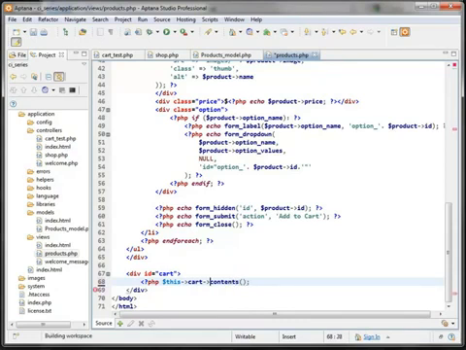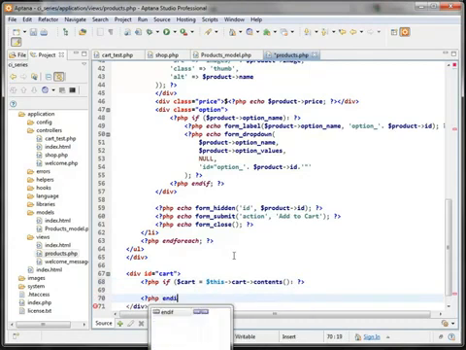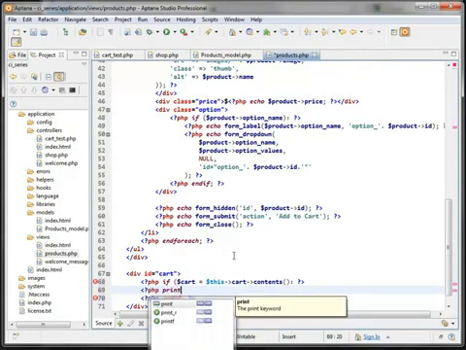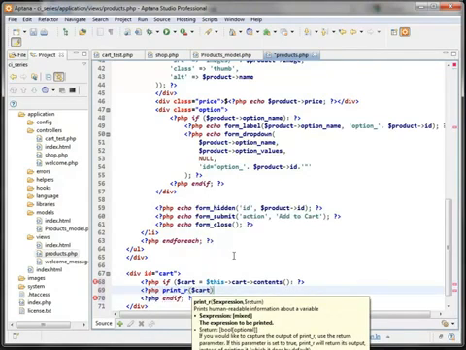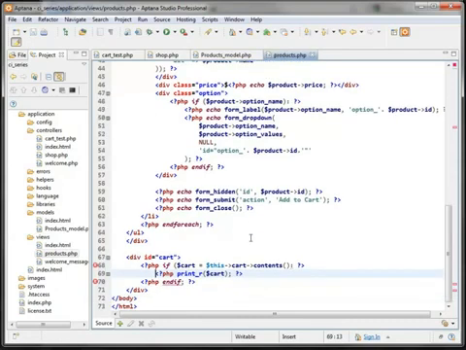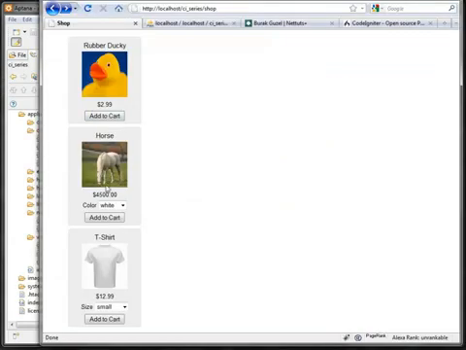So if cart... I'm doing this so I can demonstrate that things have been added to the cart. If I click add to cart,